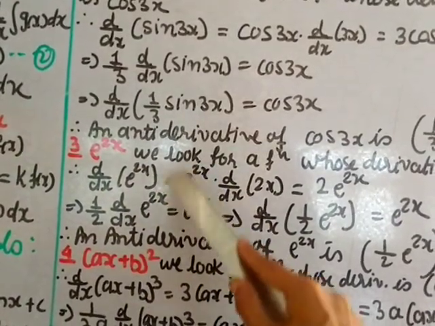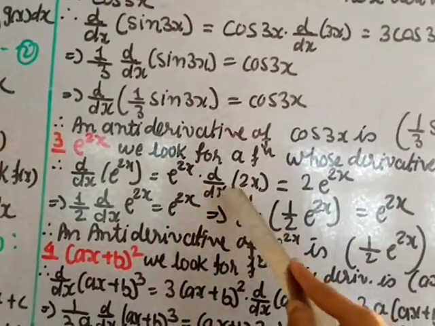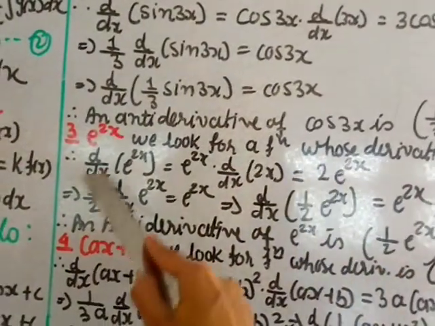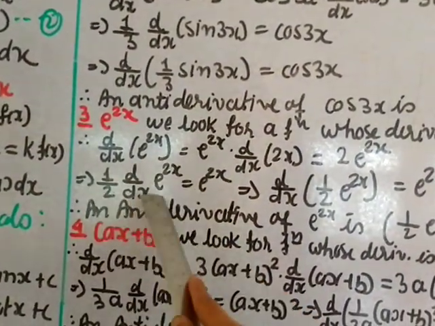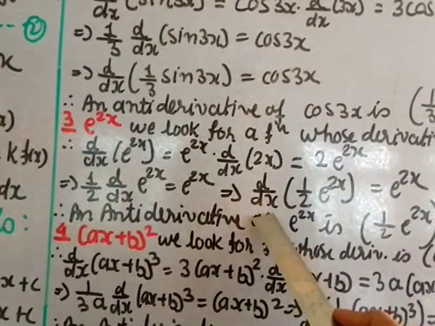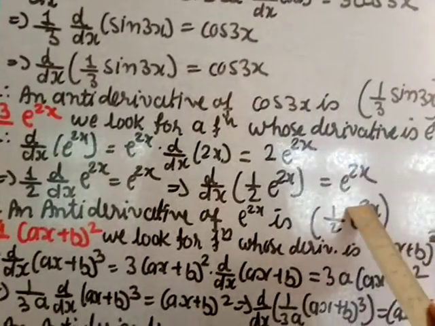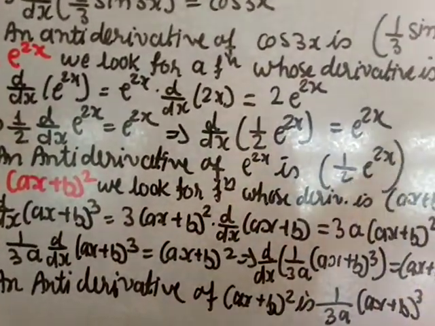But it is not only this much. You have to differentiate 2x once again, so d by dx of 2x gives you 2. Now in your question 2 is not there, so you transfer 2, it will go 1 by 2. 1 by 2 d by dx of e raised to 2x, take inside, so you get d by dx of 1 by 2 e power 2x. So this is the antiderivative of e power 2x. Therefore an antiderivative of e power 2x is 1 by 2 e power 2x.